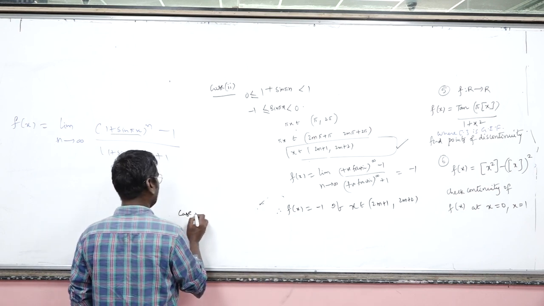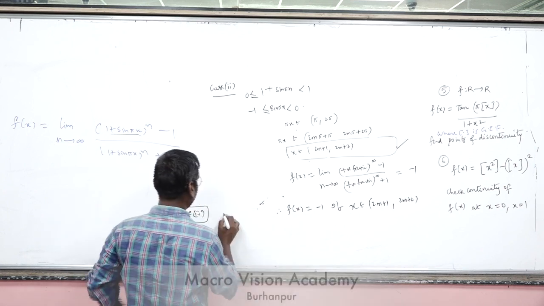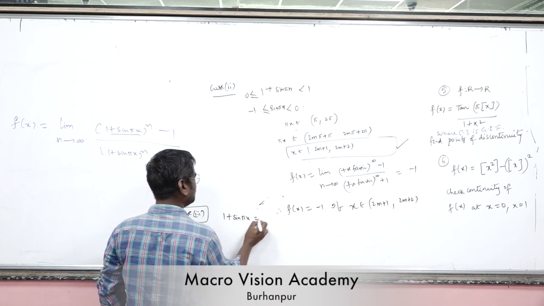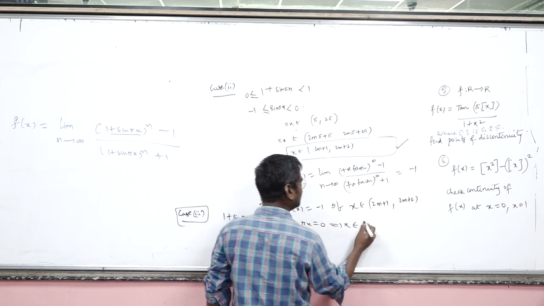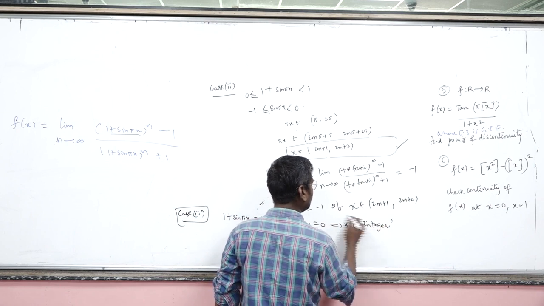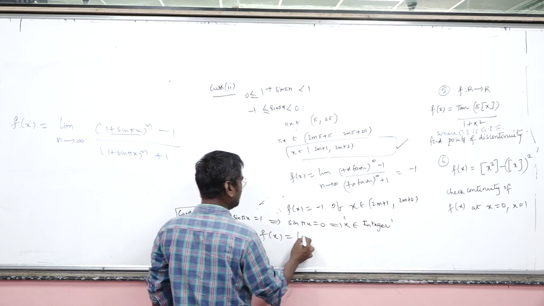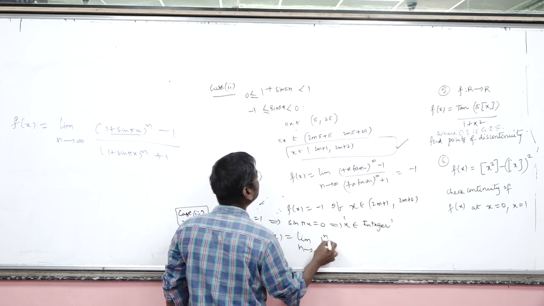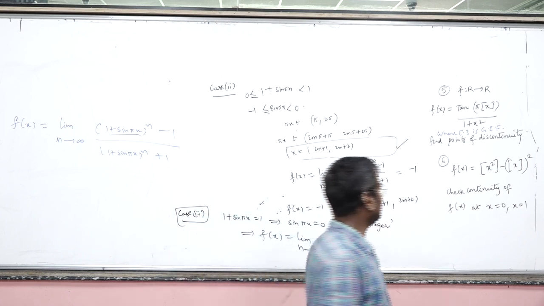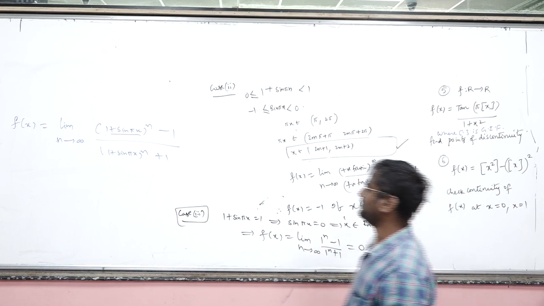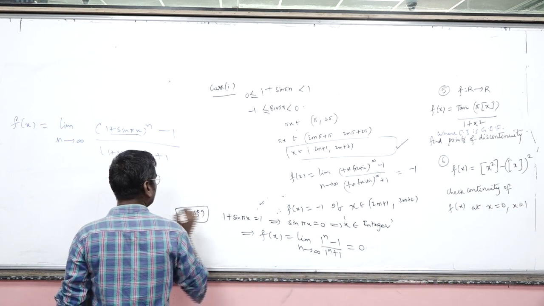Next case, all we have left is, we have taken 0 to 1. When does this exactly equal 1? As you can see, sin pi x is 0. That means x is an integer. Any integer, even or odd. So whenever x is an integer, eventually your f of x will become limit n tends to infinity of (1 power n minus 1) by (1 power n plus 1), that is 0. Okay, so that is about this case. Call it case 1 only. I have done both the cases together.